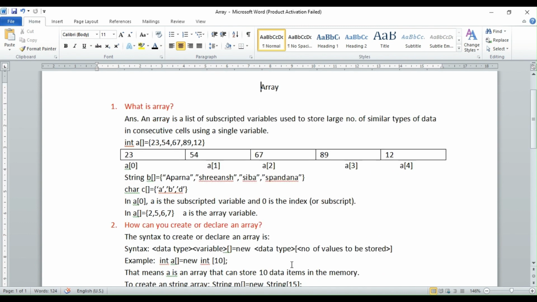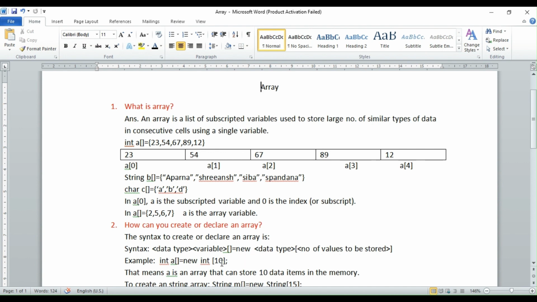Now, how can you create or declare an array? To create or declare an array, the syntax is data type, variable, square brackets, equal to new data type, then the number of values to be stored. For example, to declare an integer type array, the data type is int, then the variable is a, then square brackets equal to new int 10, where 10 is the number of values to be stored.